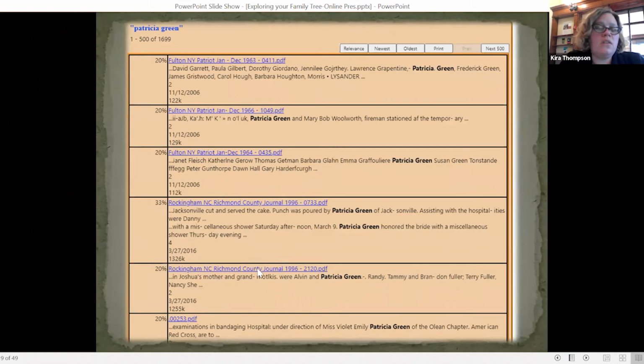But if you have a good idea where someone lived and you can just kind of look at the paper that these things are coming from, and you're like, oh no, I know that they lived there or they were near there. You can click on the link and it'll show you the actual screen cap of the newspaper article that the name appeared in. And it's not going to get you birth records or marriage records or death records, but I have found that in rounding off the edges of genealogy, the newspapers really are some of the more interesting sources because they give